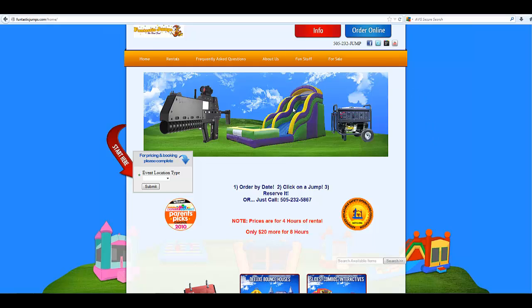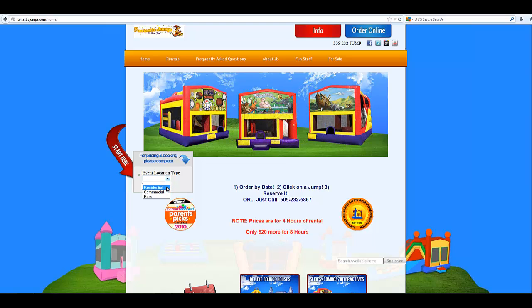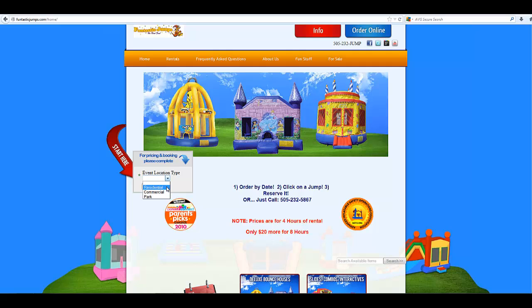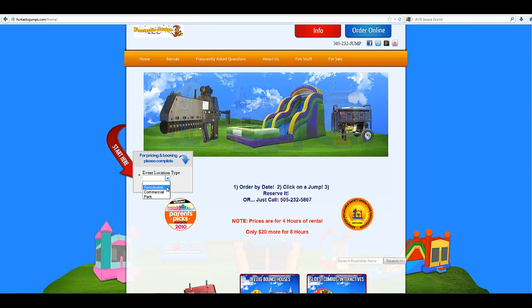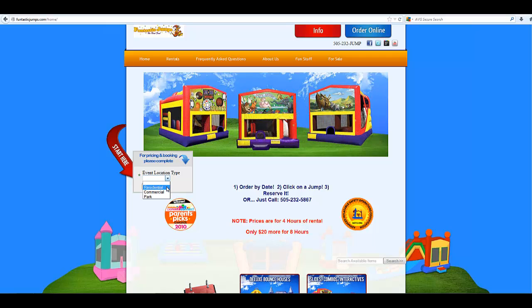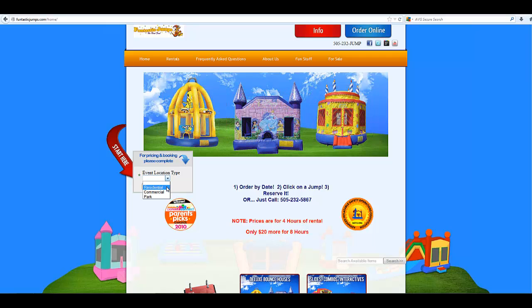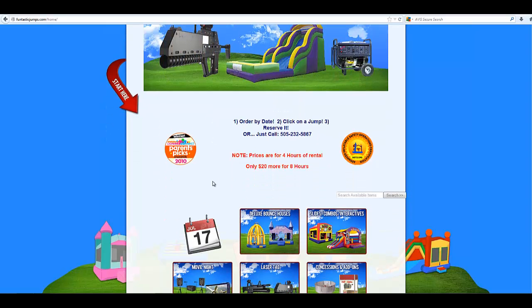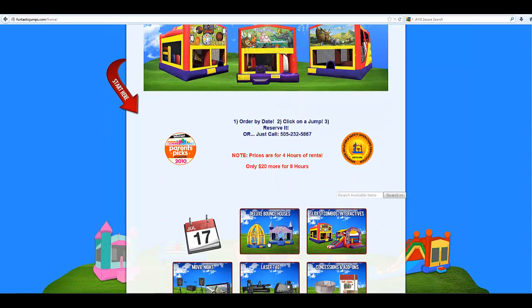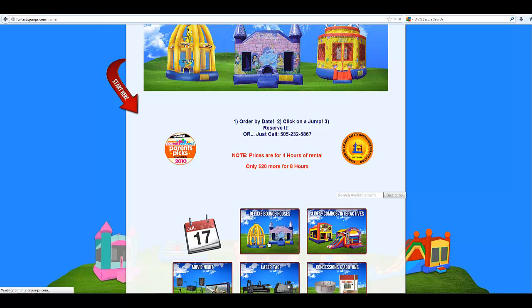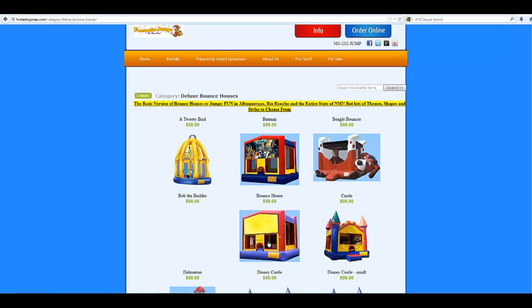In the front end, there's a couple of things that you'll notice. One is, if you so desire, you can use differential pricing for different types of customers, and you can set this to be anything you want. So it could be churches, schools, parks, residential, commercial, anything you want. I'm going to go ahead and say residential here. And now when I click into any of these categories, it'll show me the pricing just for the